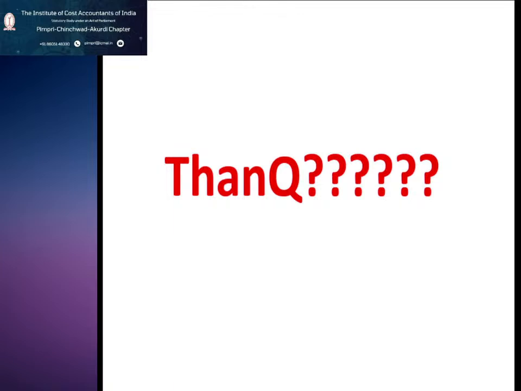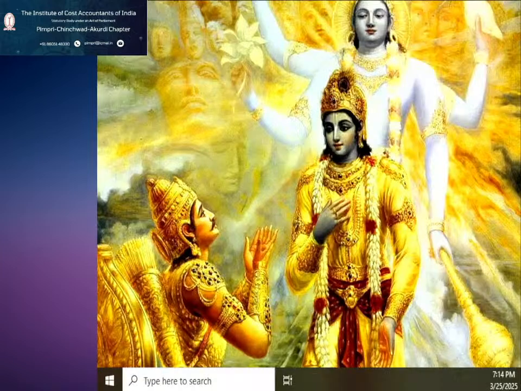So this was the introduction or fundamentals of business valuation, which is covered in the study material. I thought I'd start with that so that the context is set right. And then we will start with chapter 1,